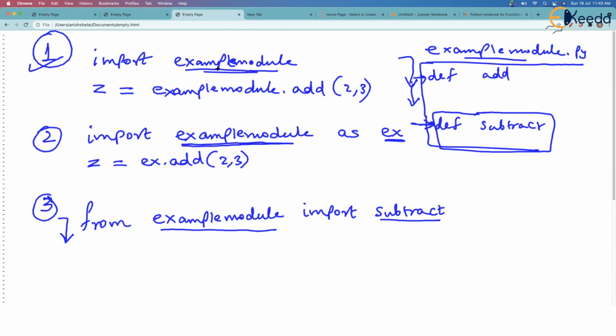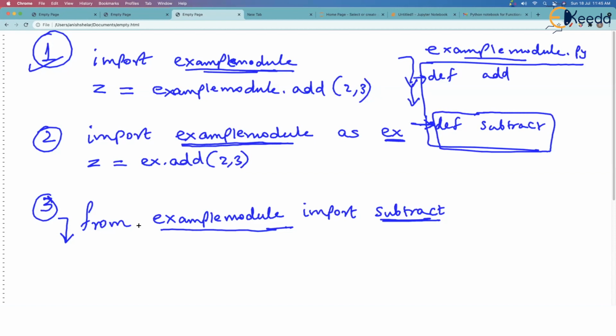Similarly, when you import a module like this, you are importing the entire module, so you have authority to call add or subtract. But here, you have made it clear that from example module, I am importing only the subtract function. This is the way you can select some function and import only that function from that module.